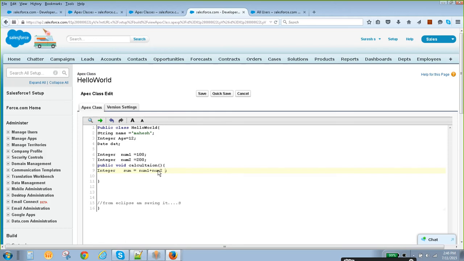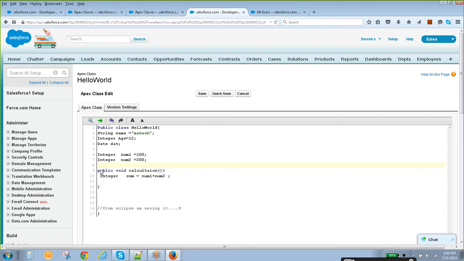We will call this a method. A method holds a set of business logic, doing some business process and operations. Clear, right?